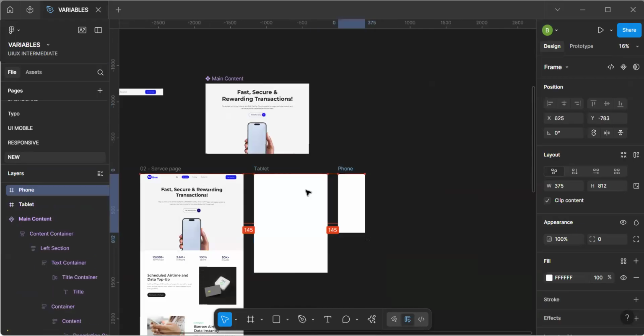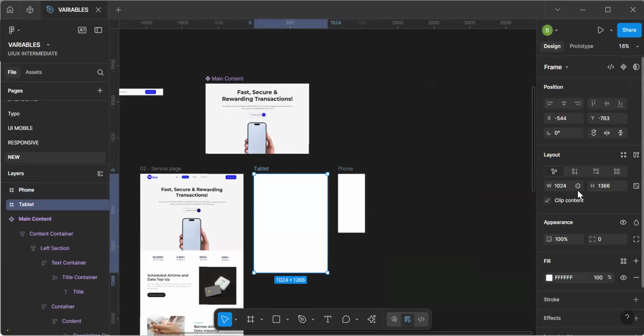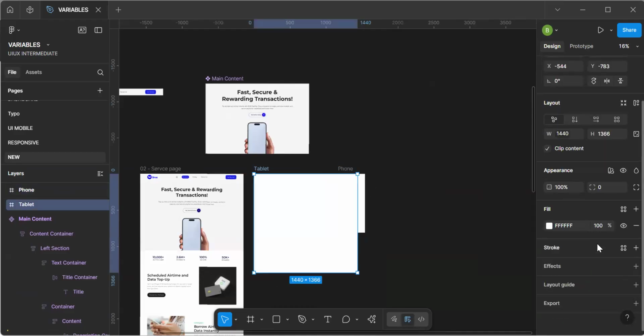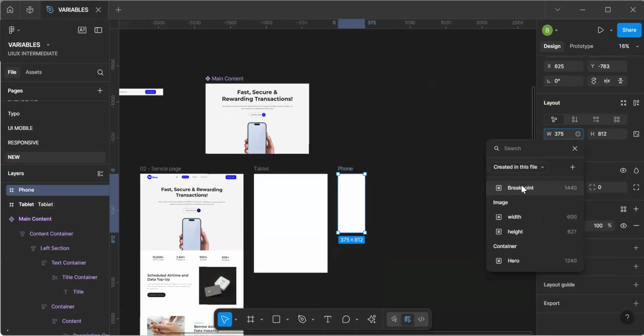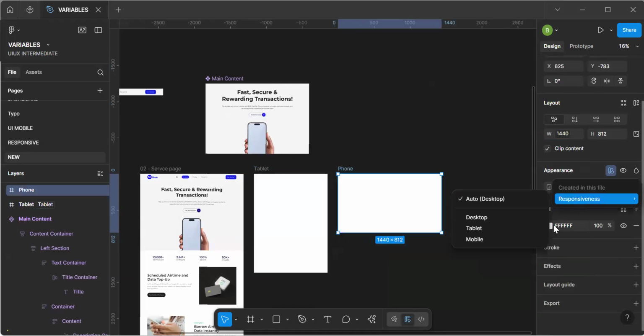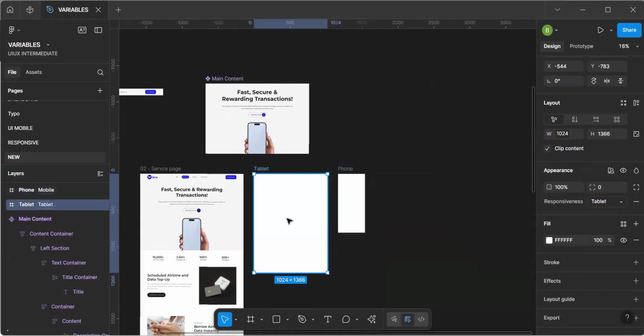Also a breakpoint here. I'll have to switch to tablet. I'll apply a breakpoint here, then switch it to mobile. All right, so